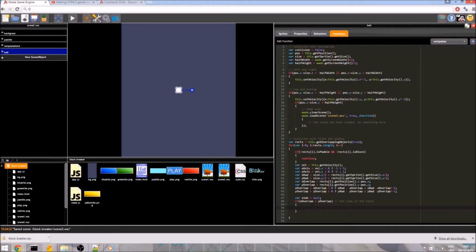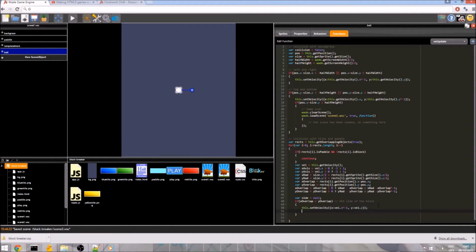We need to simply flip the x-axis. So we do this dot set velocity, and because we've already got some of the values, we can do it a bit more simply. We set our x to the current x velocity times -1, and we set our y to velocity dot y. That should be fairly straightforward.